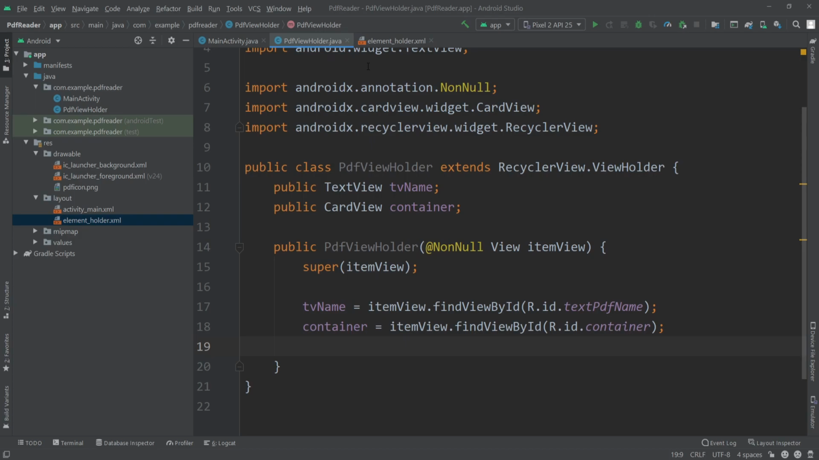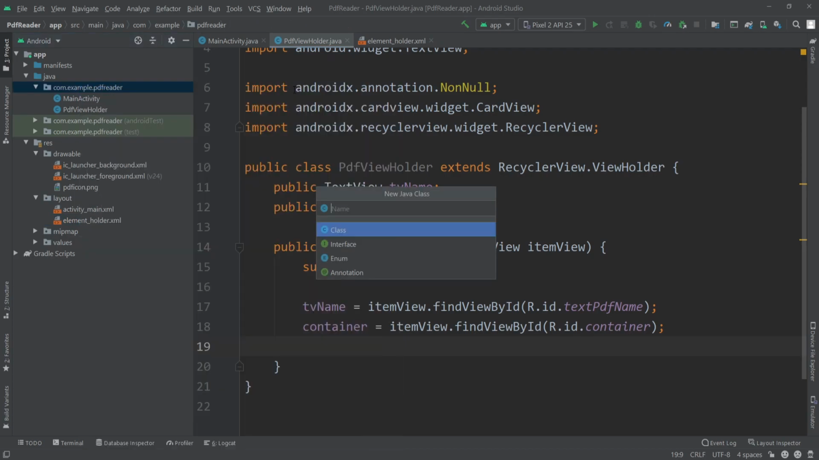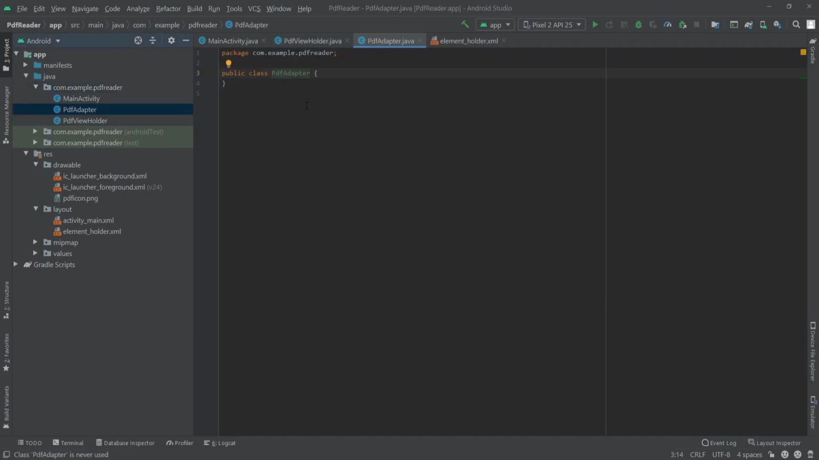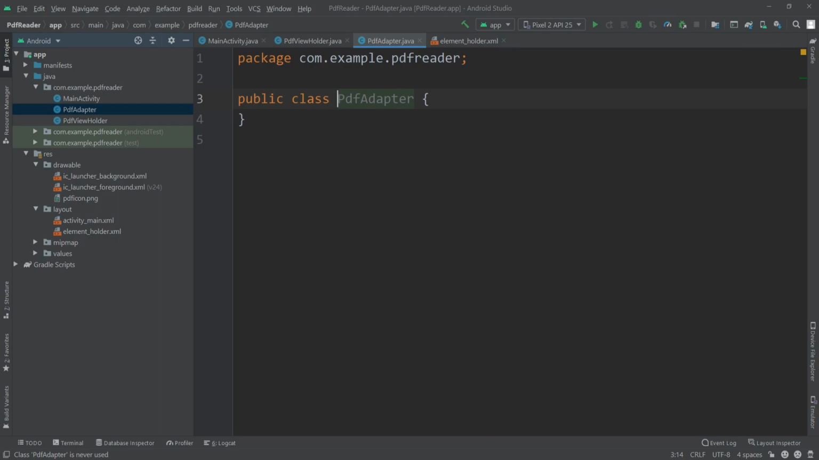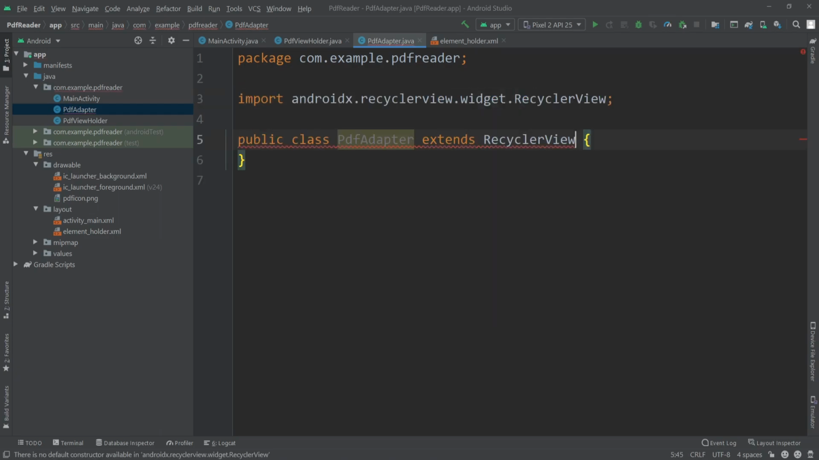Now we need to create a PDF adapter. So I'll create another class. I'll call it PDF adapter. Now here inside I'll add extends RecyclerView dot Adapter, and here I'll pass our PDF view holder,